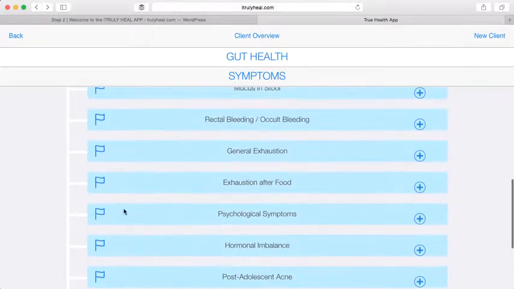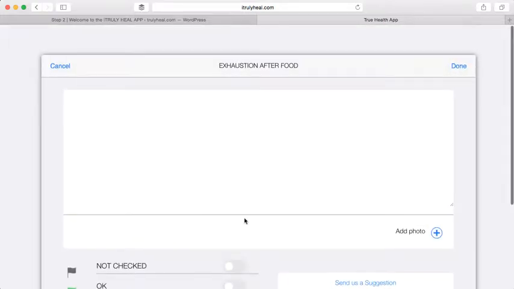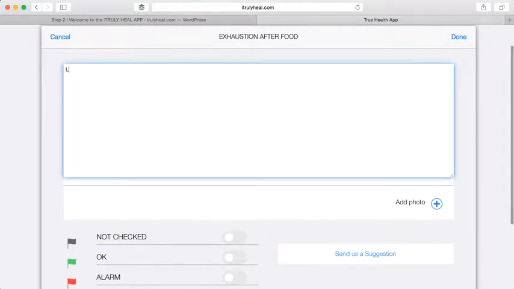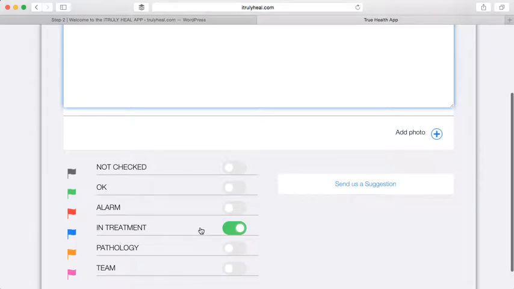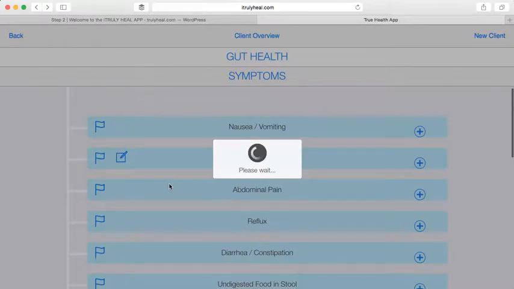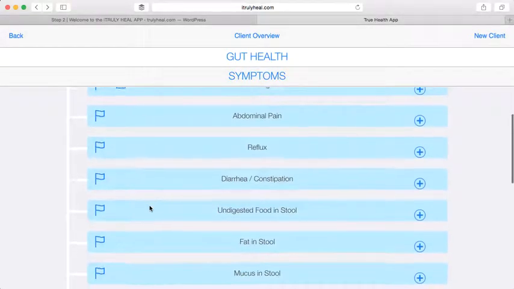Let's just go and add one more, and then you can see afterwards how it shows. Exhaustion after food, and we can say, okay, this is already in treatment. We deleted the dairy products first to check. And in treatment. Done. Now this is saved, and you can see as well there is a little note behind